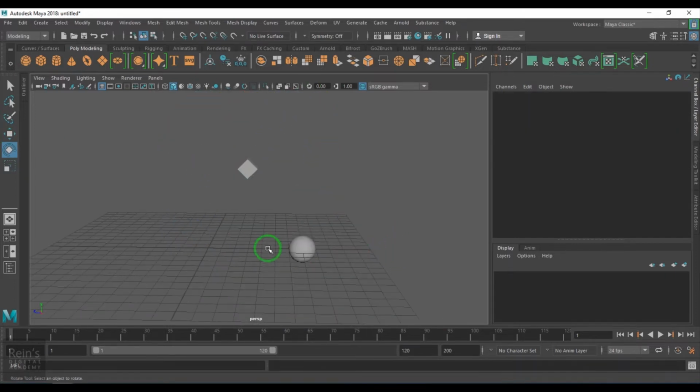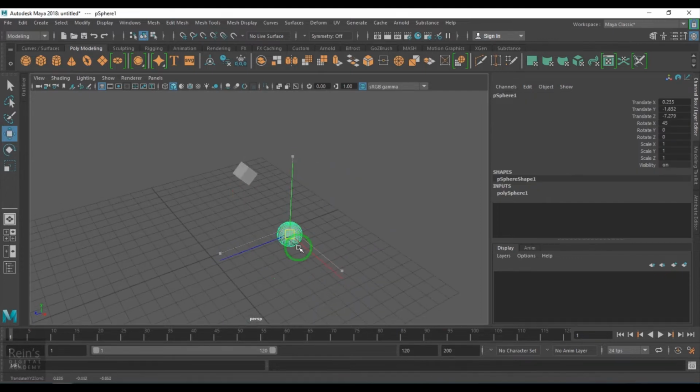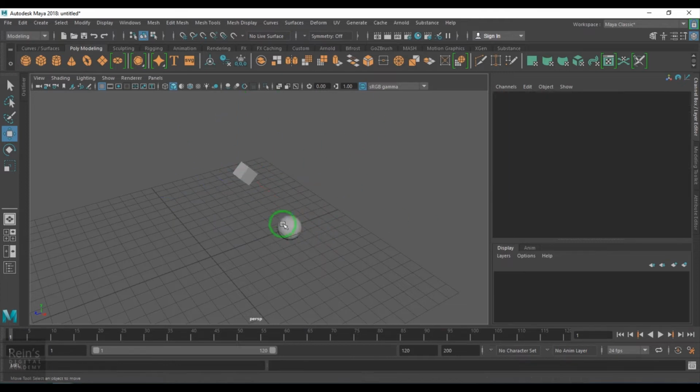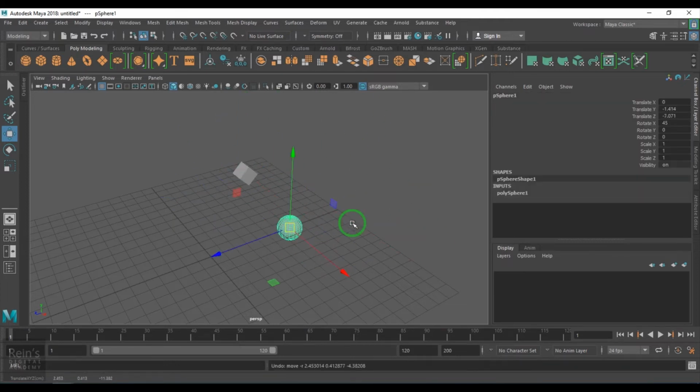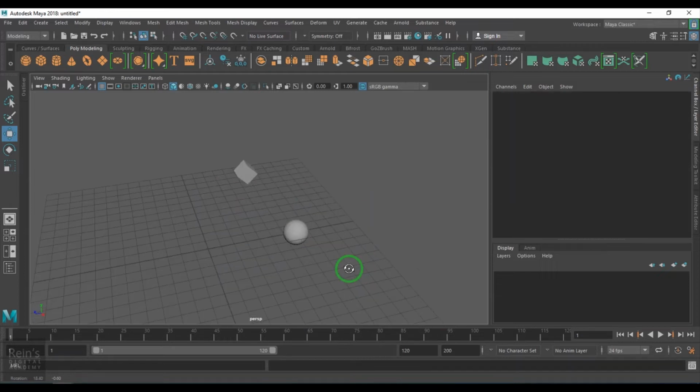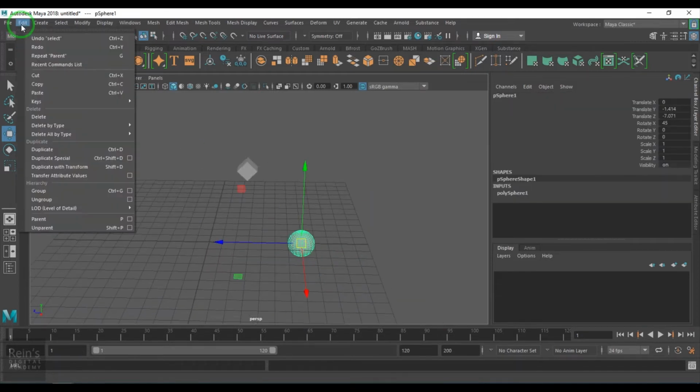Okay, but when you are moving the child, the parent doesn't get affected with its transformation, because child is free. It can move anywhere, but when the parent moves, the child should definitely follow the parent. You move the parent, the child will move. You move the child, parent doesn't move. Okay, that's the whole idea here. So I just go to edit and then unparent it.